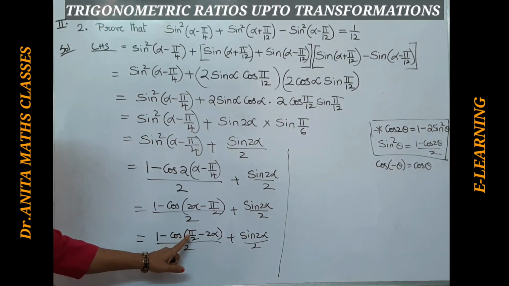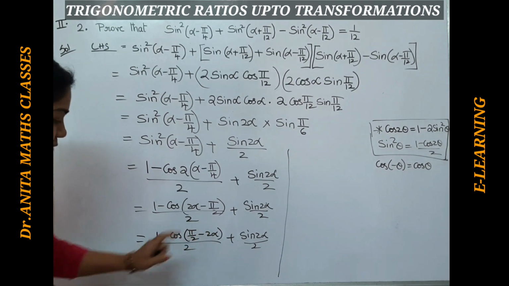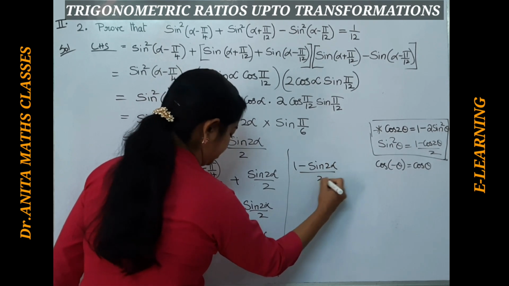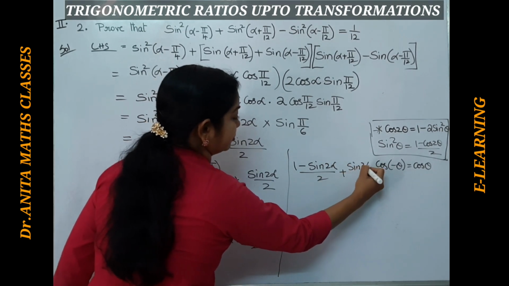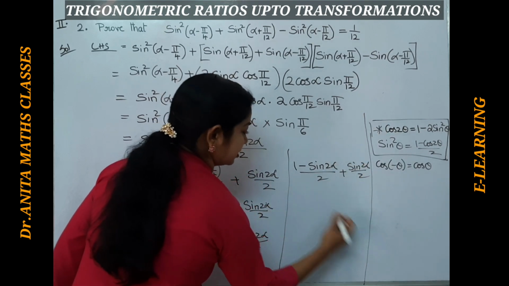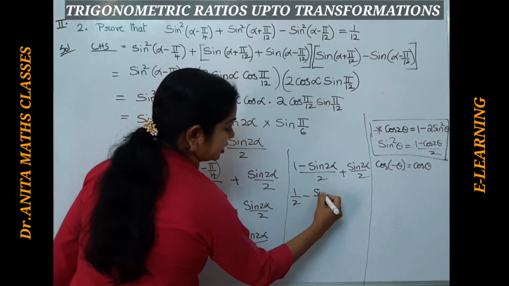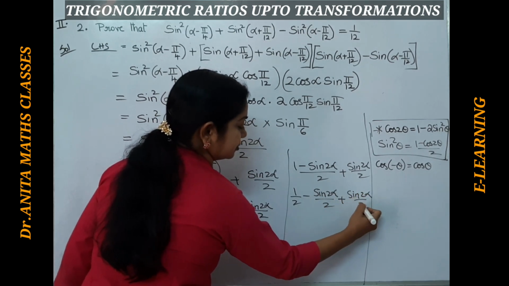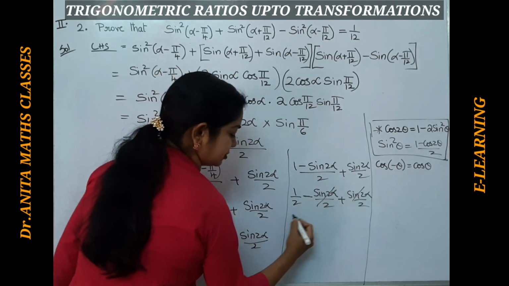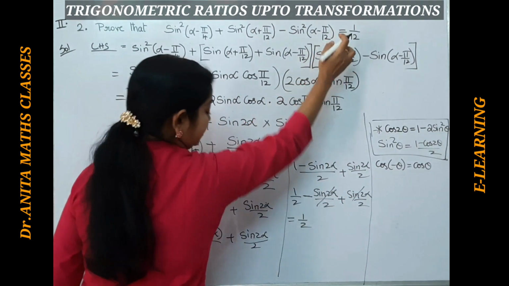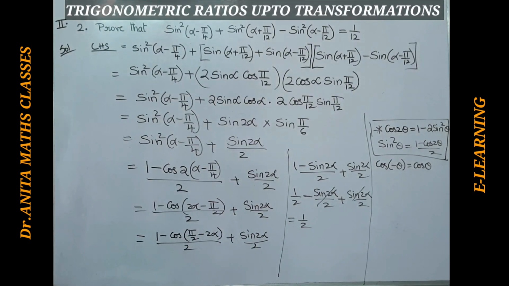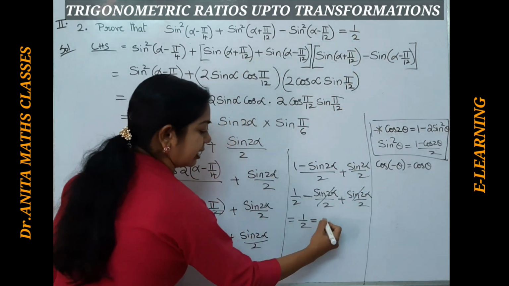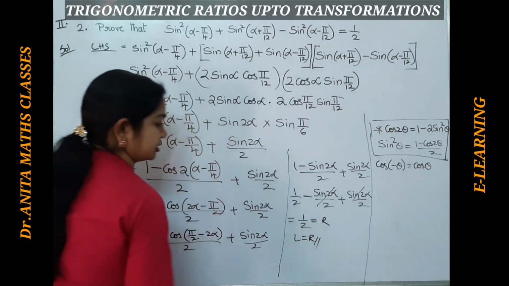Here cos 90 minus 2 alpha is sine 2 alpha. So this becomes 1 minus sine 2 alpha by 2 plus sine 2 alpha by 2 here. So this is nothing but 1 by 2 minus sine 2 alpha. If I split the LCM here, we can cancel off these minus and plus. So the final answer is 1 by 2, which we got there. Okay, we need to prove that this is 1 by 2. Sorry, I have written 1 by 12. This is 1 by 2. This is the RHS part. So the LHS is equal to RHS. Pause and note it down.